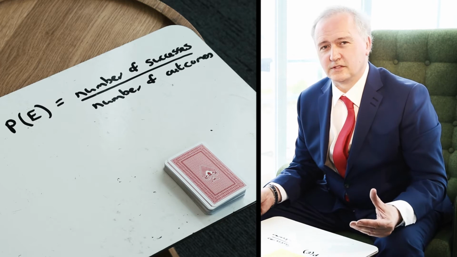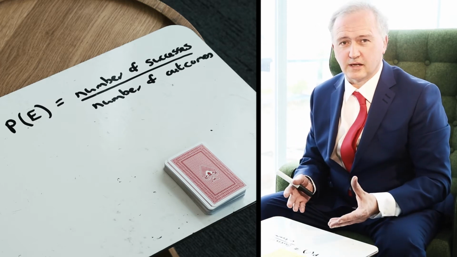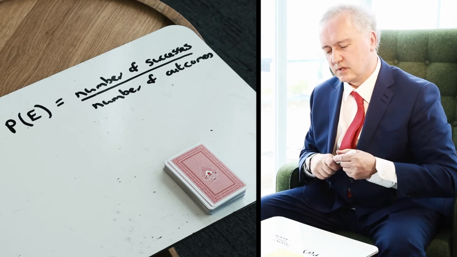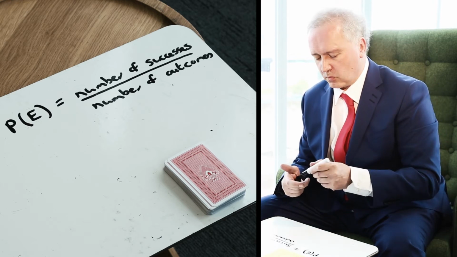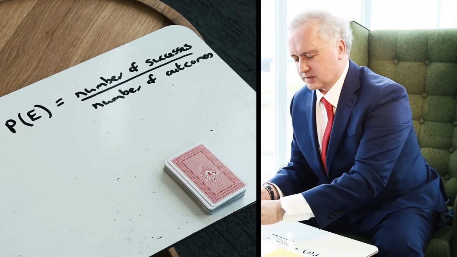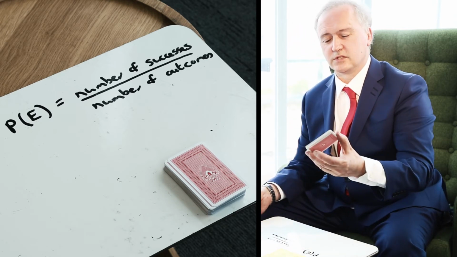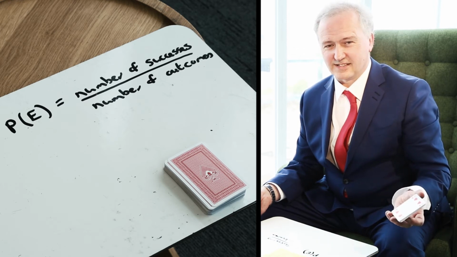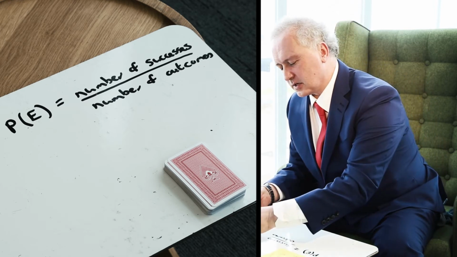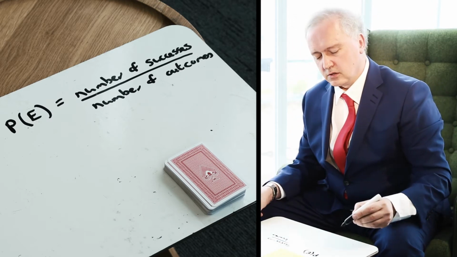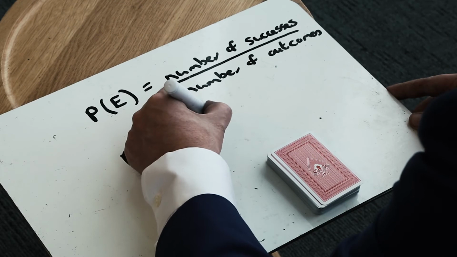It's also really important to be able to navigate around a set of playing cards. By way of an example here, you may get a question in the exam that just asks you, from a well-shuffled pack of cards, what's the probability of picking a diamond? So I pick a card at random, I want it to be a diamond. In this case it's a heart, I want a diamond. To look at that from this formula point of view, I would say, okay, well, the probability of picking a diamond,